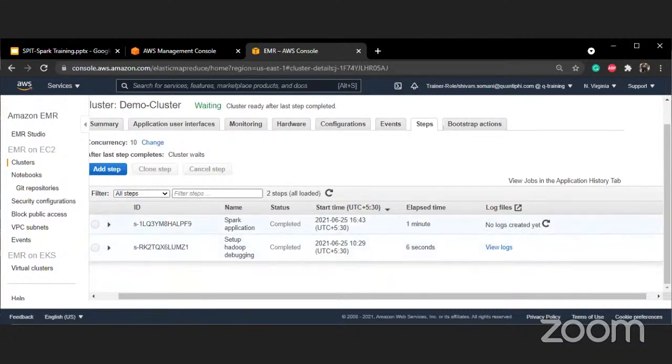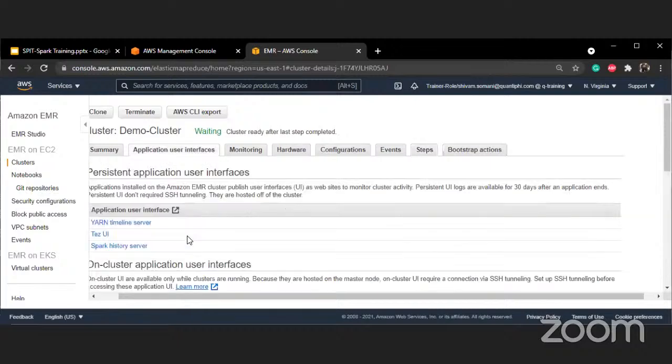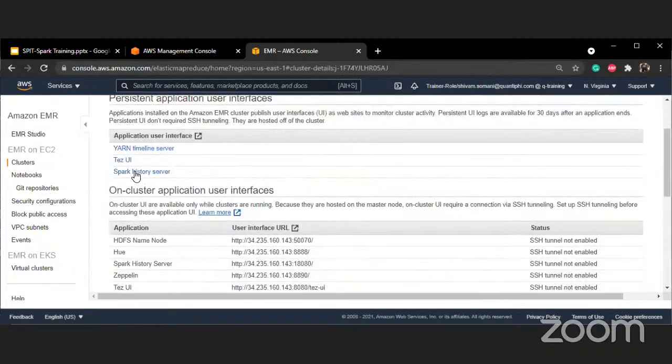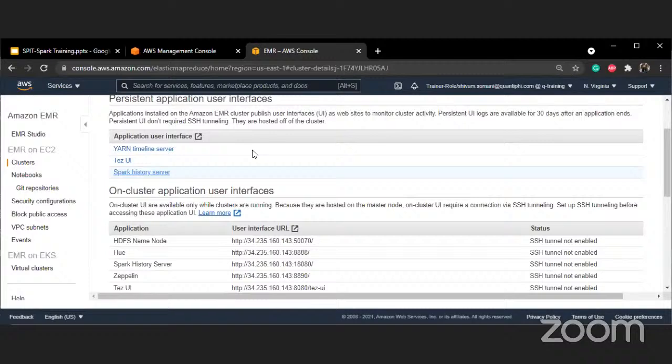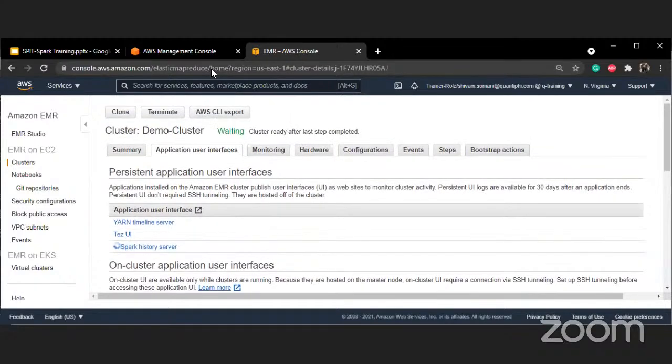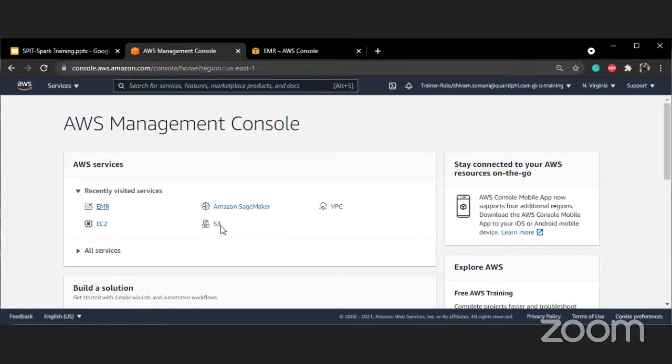As currently we didn't print out anything, it is not showing anything, but we can see in here the Spark history server. So I'll just open it, and I will also open S3, which has the output of this particular job.